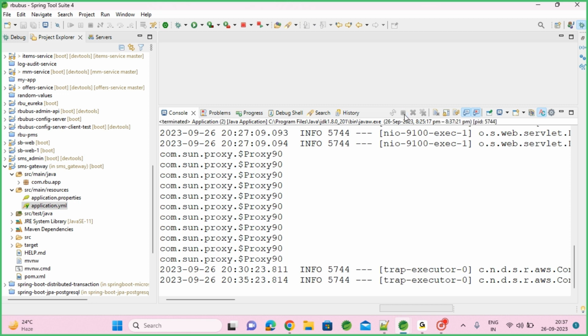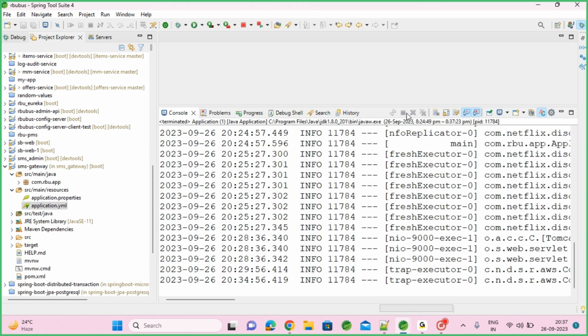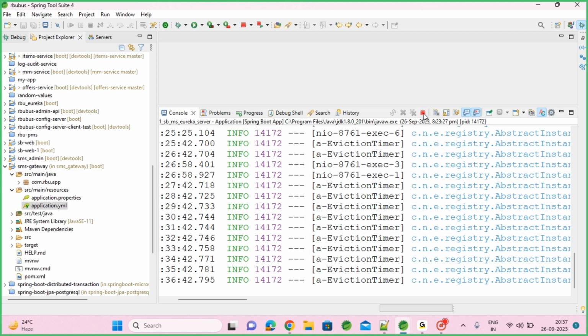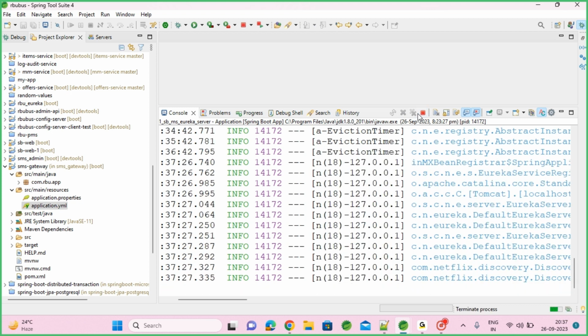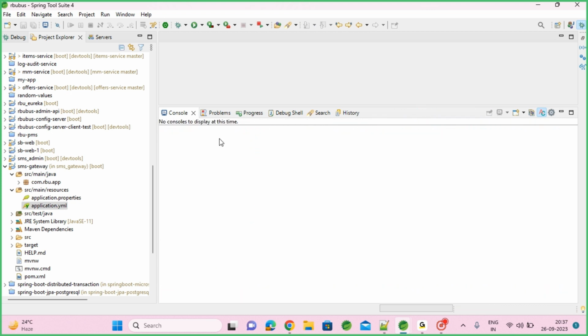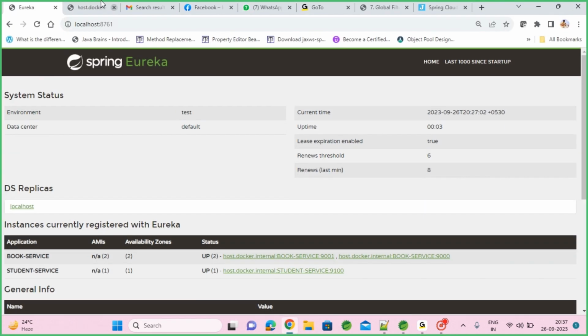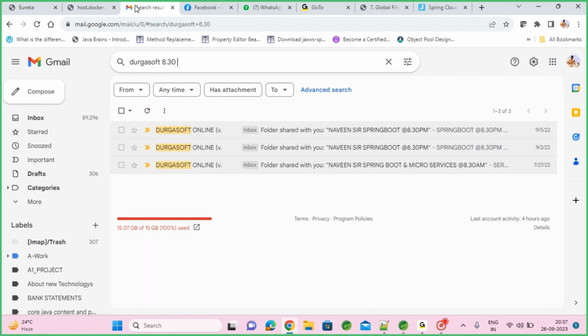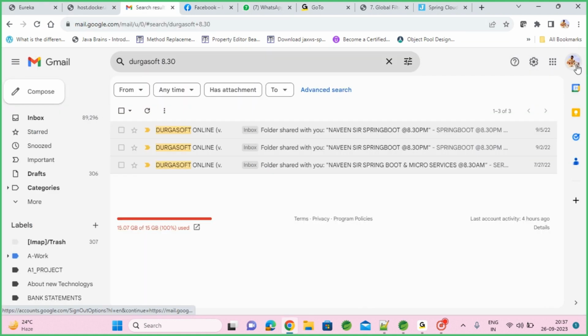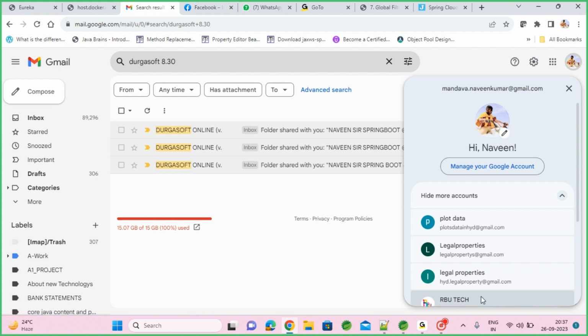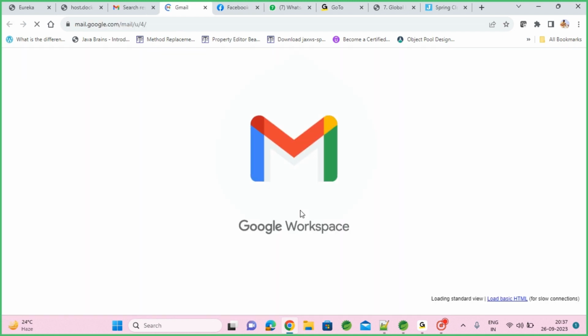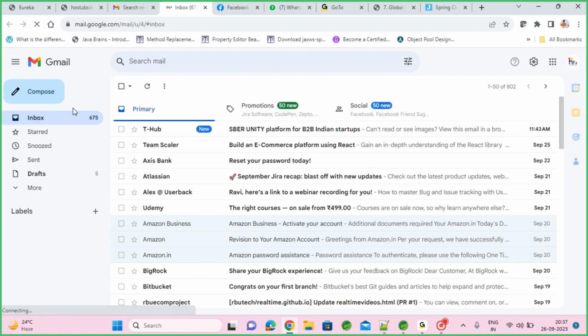I'll be showing you the Eureka load balancer, how it behaves and what the advantage is if I use a load balancer. Let's see. As per our application architecture, we are planning to deploy multiple microservices